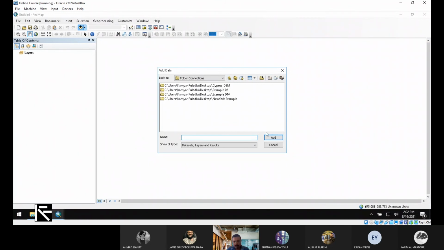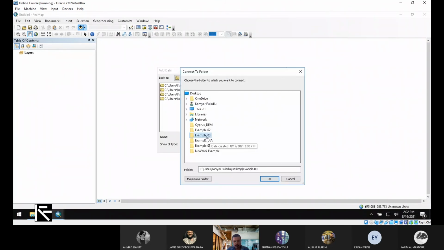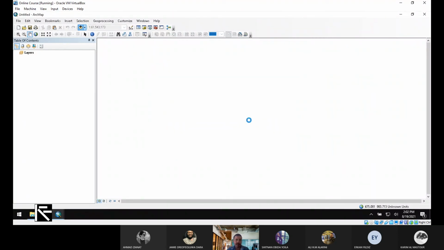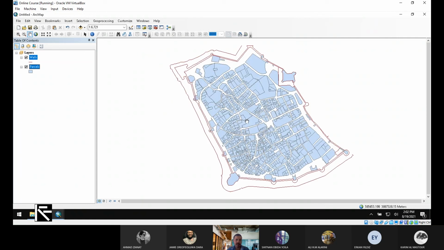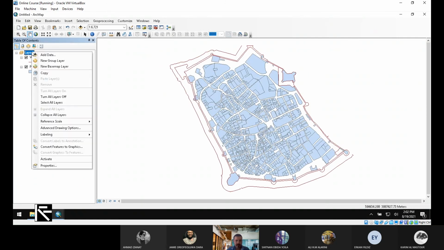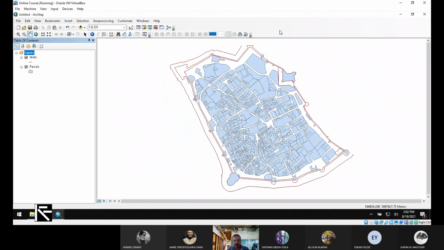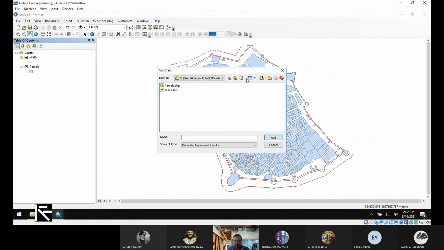Let's go to example number 3. It seems that we have not opened it. I'll just go to example number 3, and then take this one. Okay. Right now I get coordinate. This coordinate appears here. Now since my base has a coordinate, I'm going to add my